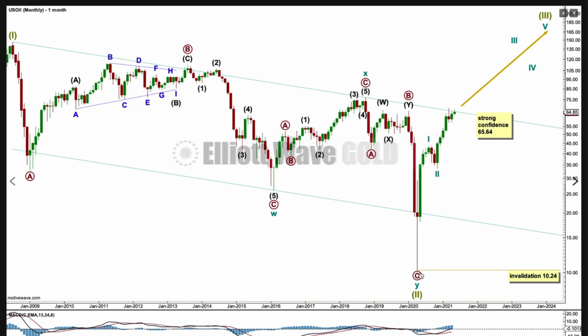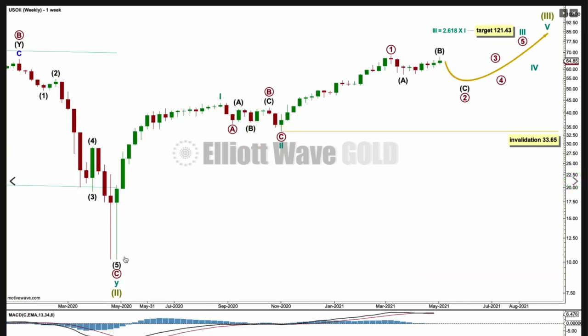Let's take a look at the first weekly chart, which sees 1 and 2 over from this low here at 10.24, this point here. It's possible that cycle 1 and 2 could be over within super cycle 3, but I am concerned about the brevity and the shallowness of cycle wave 2. I do have an alternate which moves the degree of labelling here down one. We'll get to that next.